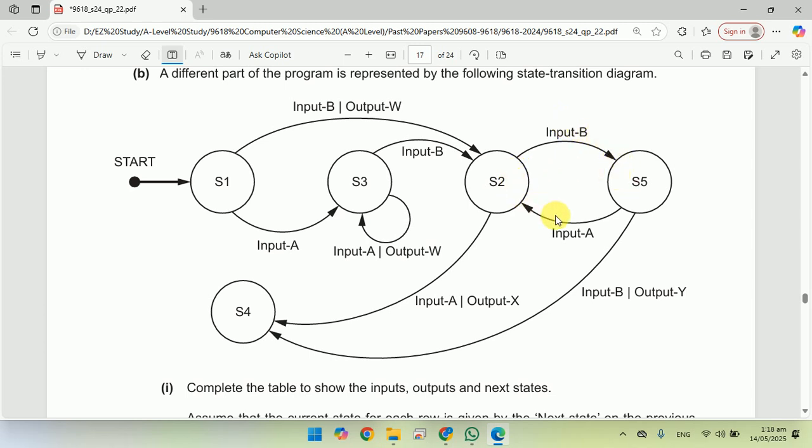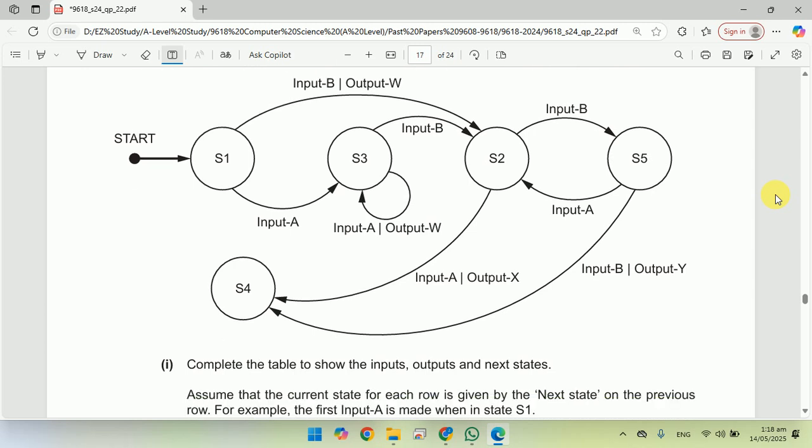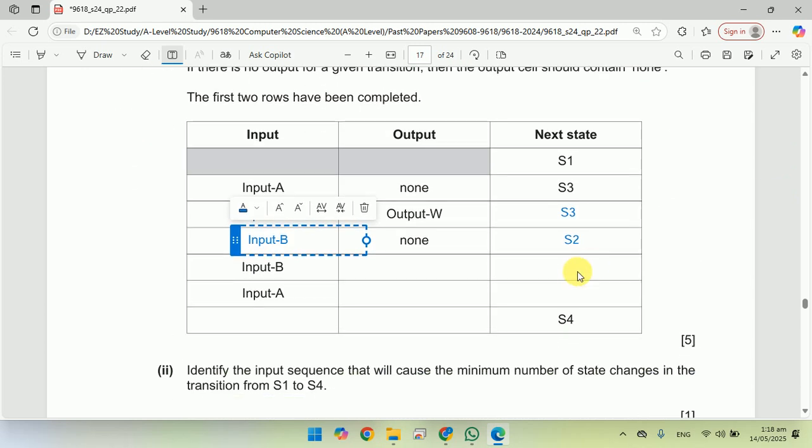It cannot go here, it can go by the way here, but should be input B, this one is input A, so we cannot take this one, and all the other connecting ones are coming towards S2, not going back to S2. So this one is the only one which has input B, has no output, and is transiting to S5. So from S2 to S5,